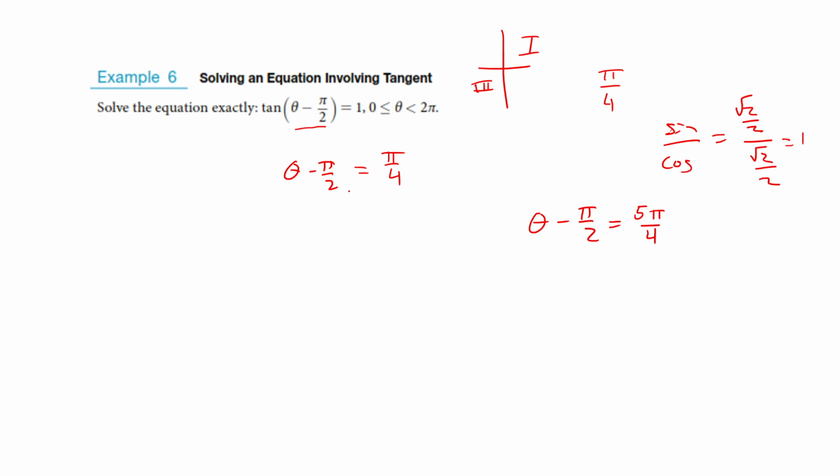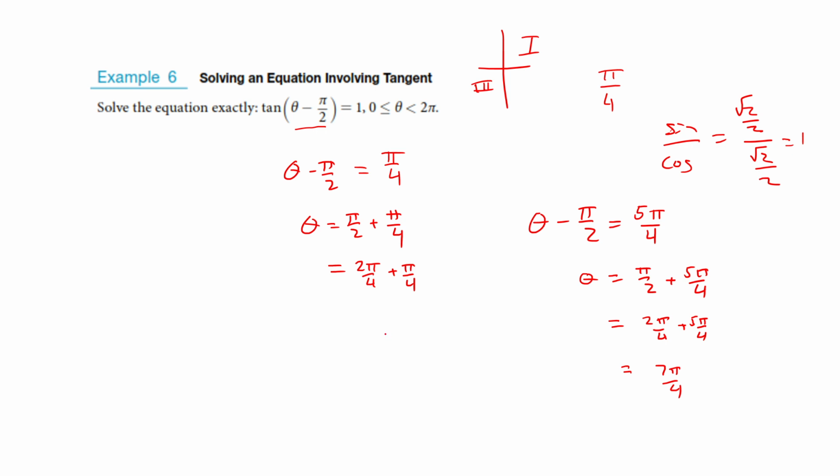Okay, now what's different about this one is we're not done. Before we would do this trick and we'd be finished. But we had a weird angle in there. We had theta minus pi over 2. So we're going to add that pi over 2 over to the other side. We'll do it on both of these. Okay, you need a common denominator now, so that's 2 pi over 4 plus pi over 4. This is 2 pi over 4 plus 5 pi over 4. Okay, so I've got 7 pi over 4,